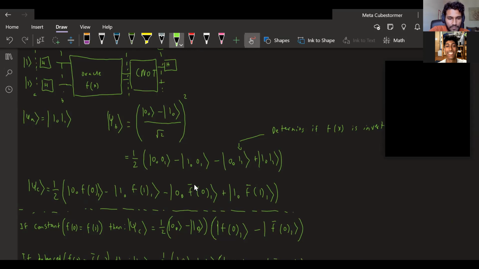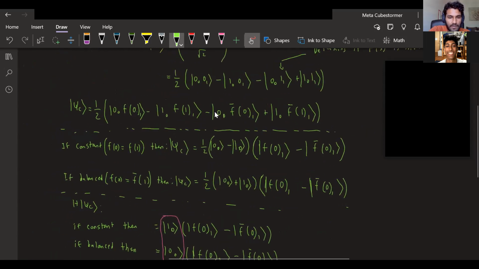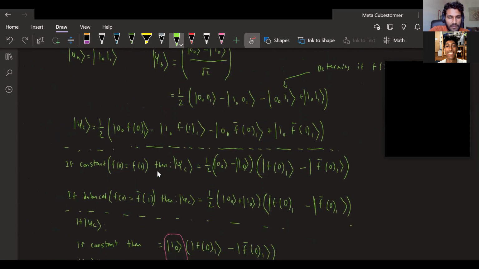Same thing here, except now there is an inversion. Same thing here, now it's an inversion. Okay. And that is basically it. Now once we've applied our oracle and C naught, we can see that if the function is actually constant, meaning that this applies true,